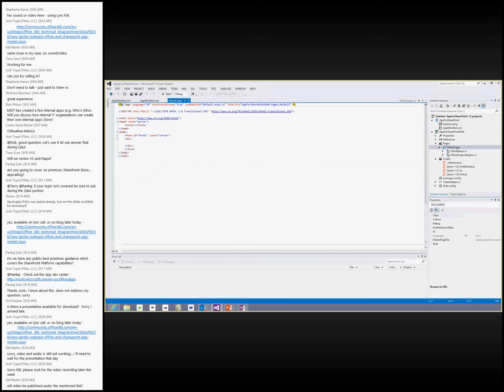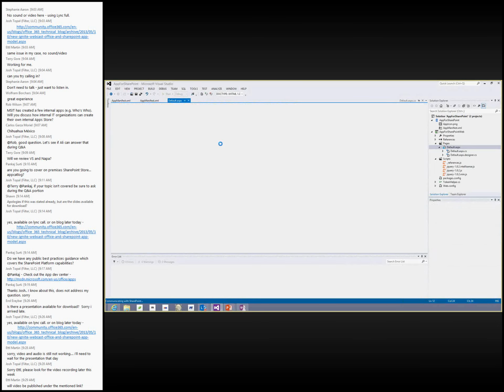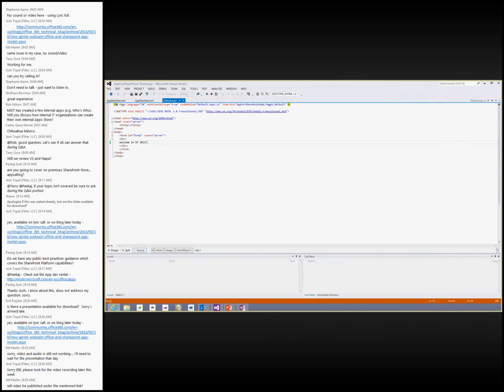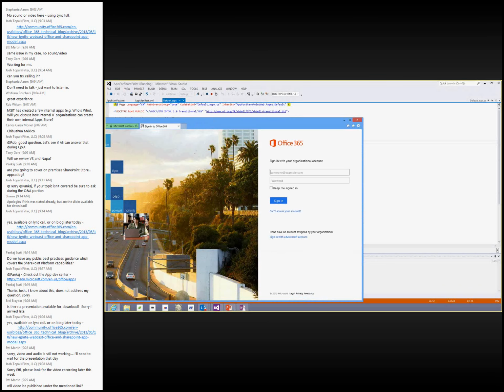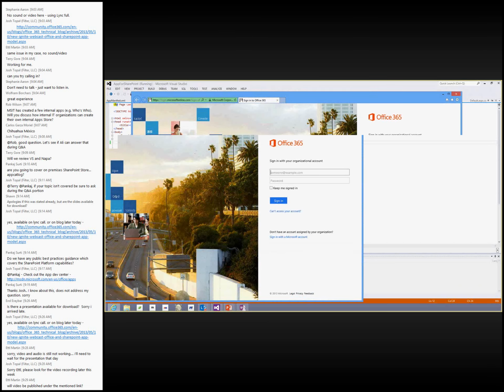I'm going to go ahead and click Start to build it. Like what we talked about, what's happening behind the scenes now with this application? First and foremost, the application itself is being provisioned out to my SharePoint tenant. Additionally, a Windows Azure website instance is provisioned out on my behalf so I can get access to it. Once that deployment process is done, I'm presented with a standard